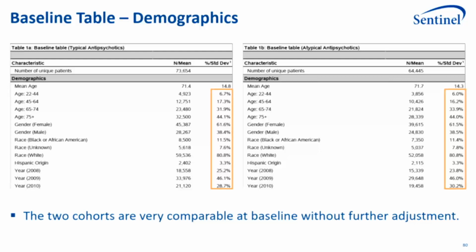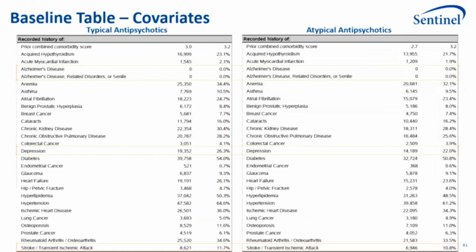So recall that the CMS data, the training data set runs from 2008 to 2010, which is why you see the percentages there. What you might conclude if this were real data, but again, I'm going to emphasize this is synthetic data, is that these two cohorts are very comparable at baseline without any further adjustment. We're going to also look at the chronic conditions warehouse conditions, which are going to be standard output for